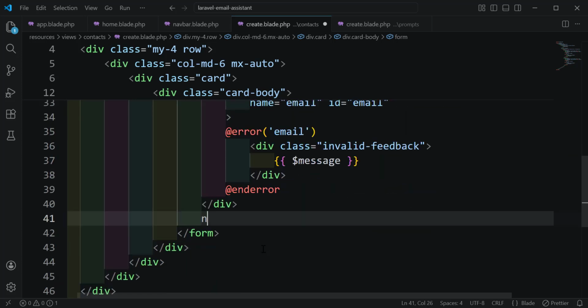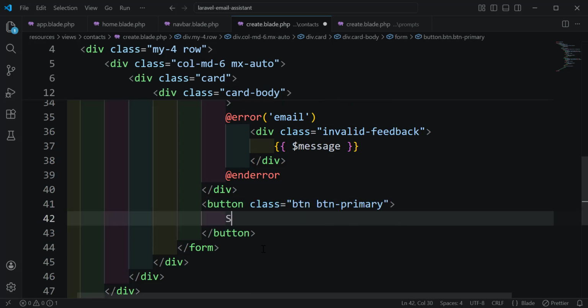Finally we need the button, and the button will have class btn and btn-primary, and here we add submit. Save,